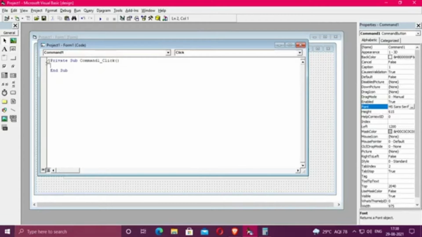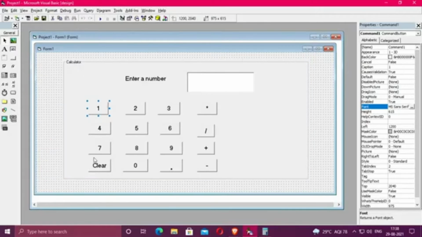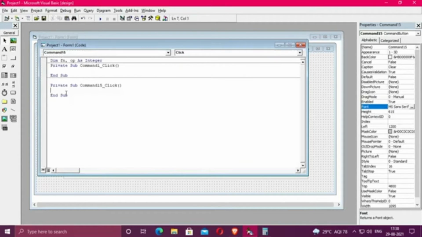Now if you double click on the Command1 button, you will see that this page will open. First we will keep this in General, and we will give Dim fn, op As Integer. So what we are doing here is putting fn and op in integer form so that we can store the variable.